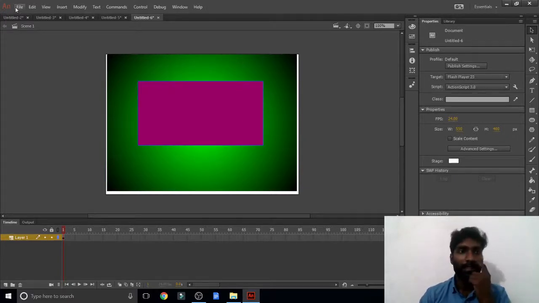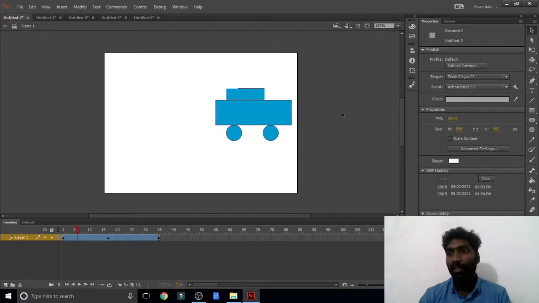And one thing I didn't tell you in the previous class: the magic wand tool is there. Here it is not showing, but what is the use of the magic wand tool? If you are opening any image, the magic wand tool is there. If you click on that particular image, it gives the same color option. In your book they gave one flower. In Photoshop we use the magic wand tool much, but here we are not using it.